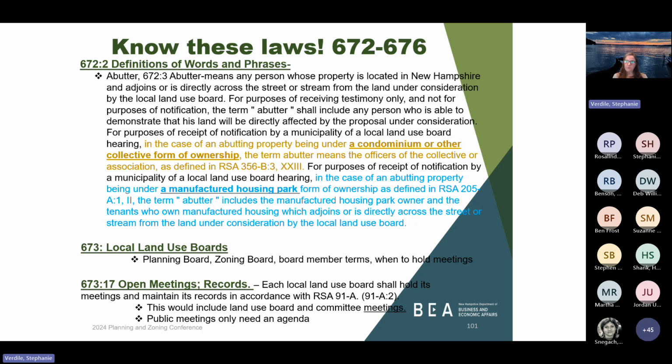Same thing again with the mobile home park, just to make sure that you're understanding the noticing for these different types of applications. Not everyone in the park is entitled by law to be noticed. And maybe there's an argument to say that it's a courtesy to notice every single owner or every single mobile home park lot. If the applicant is willing to pay for that, you certainly could do that. But these are the bare minimums that the law requires. Those types of applications aren't very common, but when they do come in, it's important that you understand how to notice them.